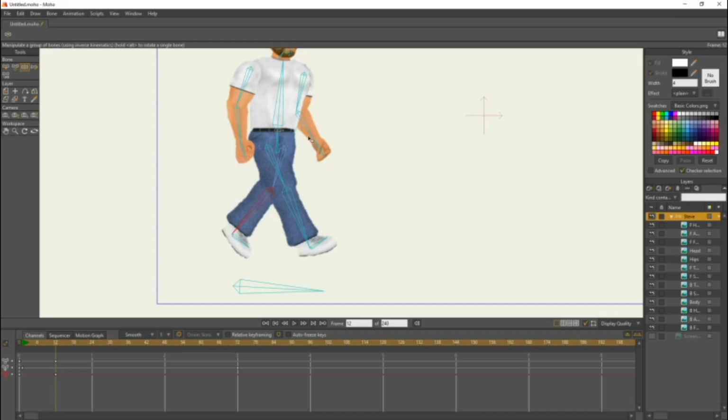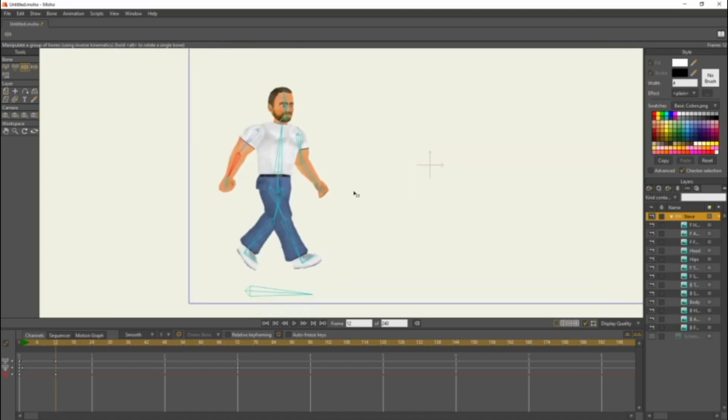Now, we're going to keep his back arm upwards, because you swing your arms and your legs alternatively. You don't swing them with each other when you walk. So, the back arm should be in the front because the front leg is in the front. And the front arm should be in the back because the back leg is in the back. So, he should look something like this. Like he's in the middle of walking.